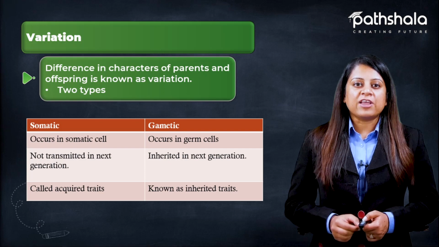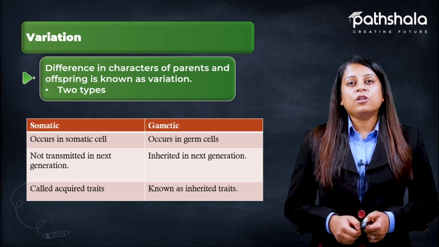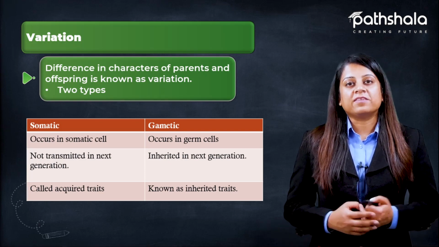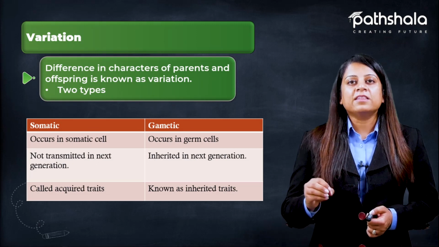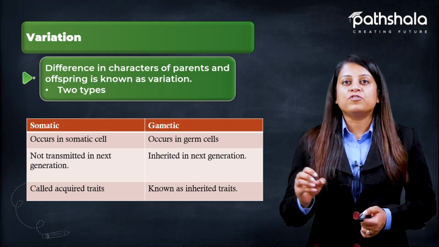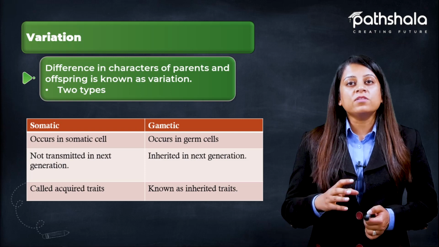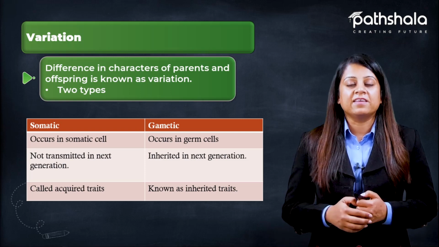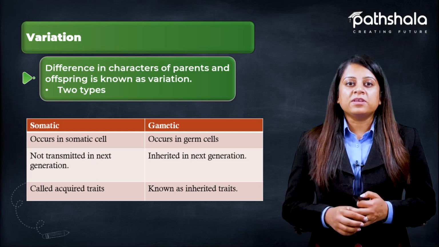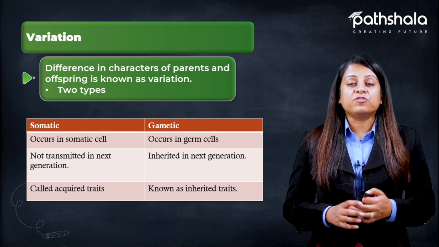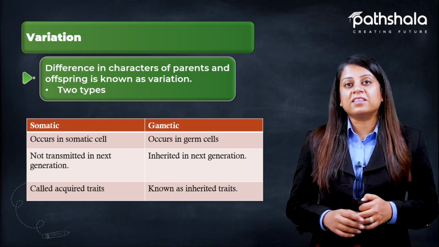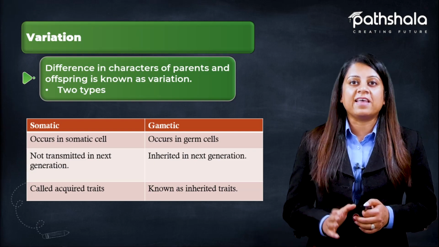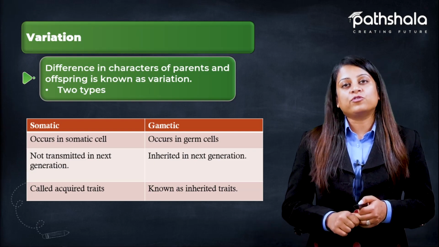Somatic variation takes place in somatic cells. Now the question is, what are somatic cells? Cells other than the reproductive cells, which are the gametes. All cells other than the gametes are termed as the somatic cells and not transmitted in the next generation. That means no information is transmitted in the next generation via somatic cells, and therefore they are also called as